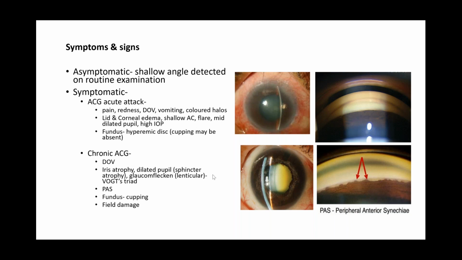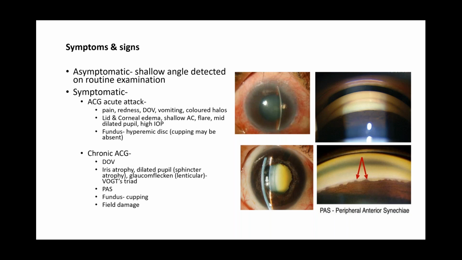Okay. Chronic angle closure glaucoma will present differently. Okay. And when you see that the iris is not very regular and brown, there is loss of iris pattern. There's loss of crypts and there's loss of sphincter. Okay. So this is all iris atrophy, all the white areas that you're seeing.